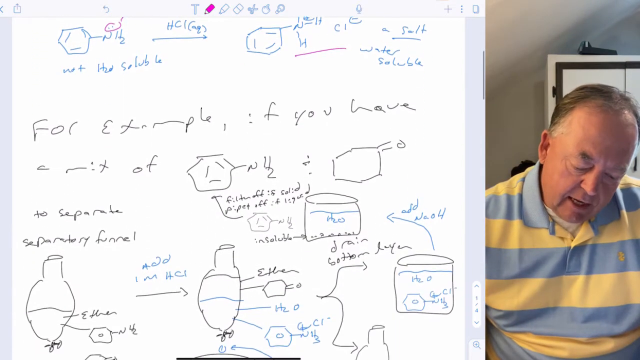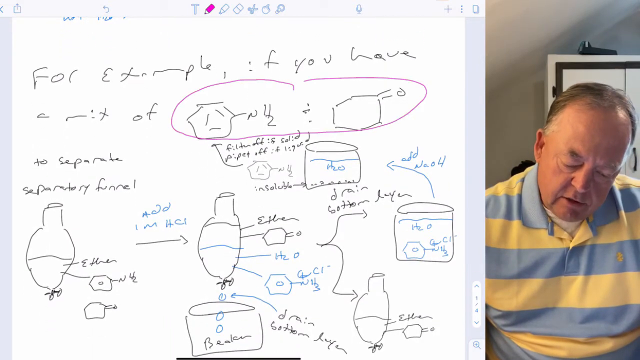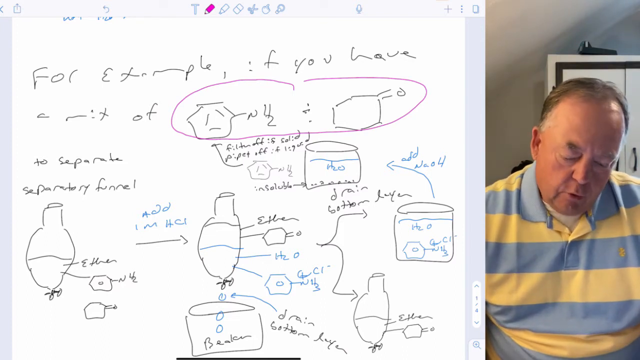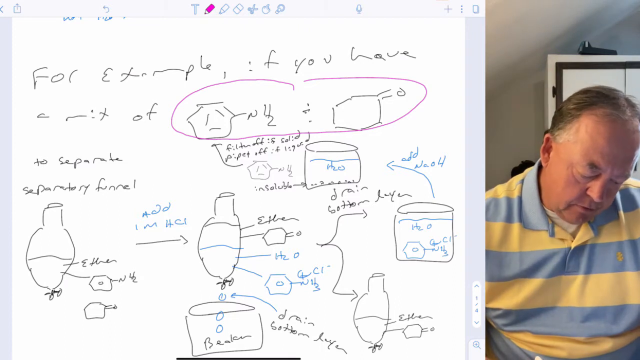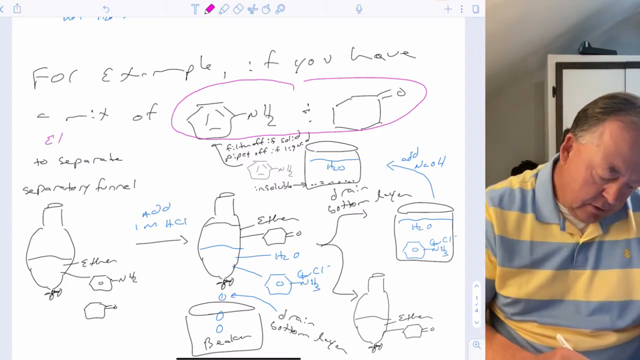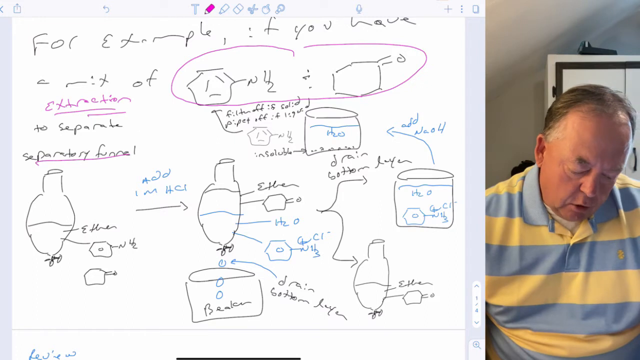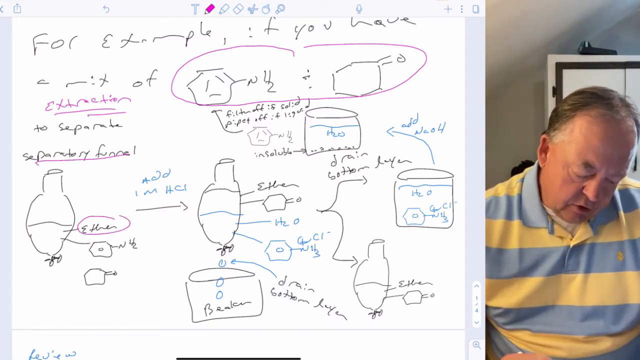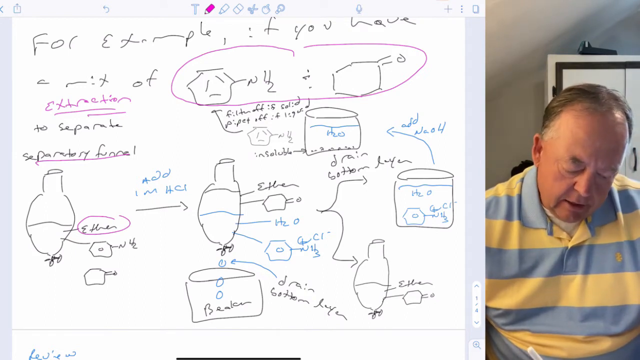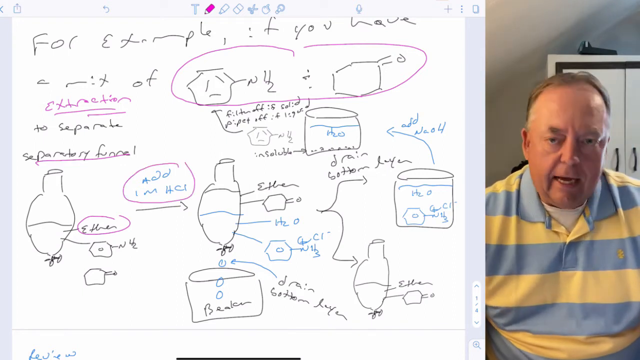So how could you utilize that, for example? Let's say you had a mixture of aniline and this ketone. They're both organic soluble. How can you separate them? We're going to separate them through a process called extraction. We would put them into a piece of glassware called a separatory funnel, for example. If we use an organic solvent like ether, ether could dissolve aniline and cyclohexanone. Then we add some 1 molar hydrochloric acid that's dissolved in water,